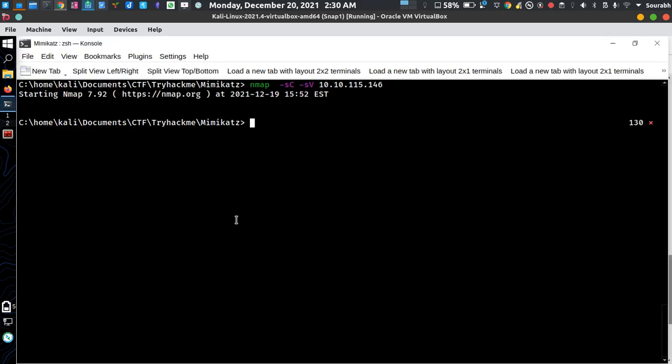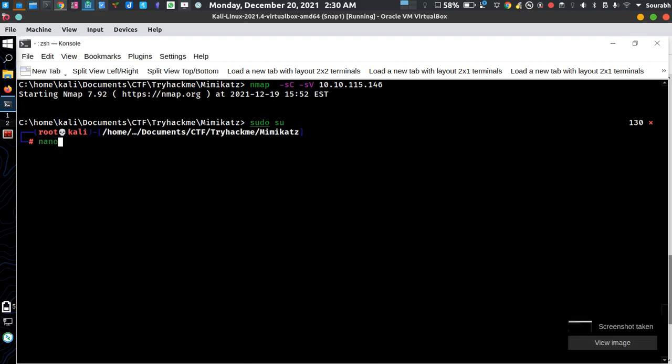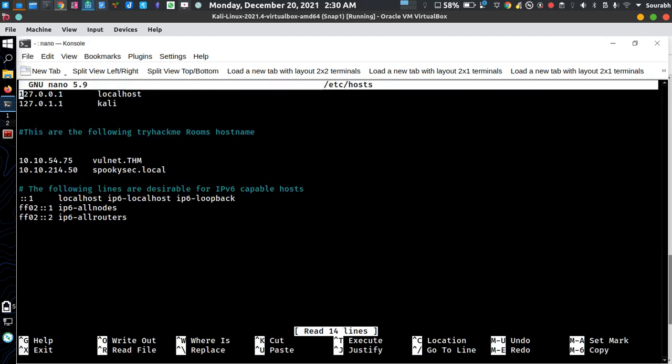Go to the command prompt, go to your terminal, sorry, and let me just go to the root first. Type nano /etc/hosts. It's a file in which Linux stores all the domain information. Hit enter.